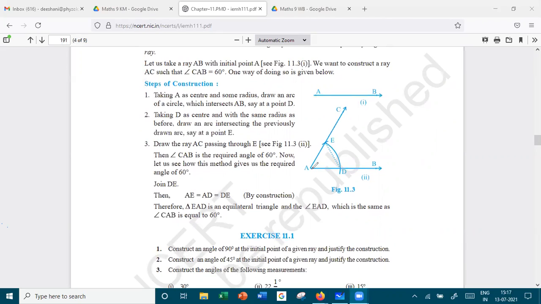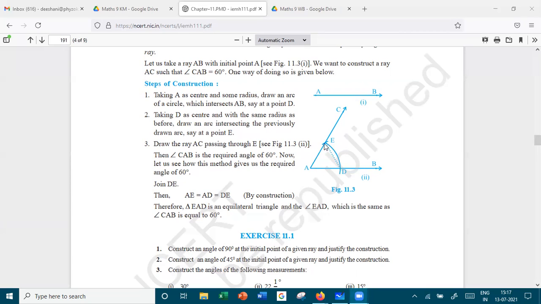Because you're taking AD, you've cut an arc using any random radius, you've cut AD, right? And with the same distance you are cutting E. So what happens is, this becomes equal to this, becomes equal to this, and this becomes an equilateral triangle. And that's how this measure becomes 60 degrees, right? Okay. So anytime they ask you to justify the construction, this is what you would write for 60-degree,